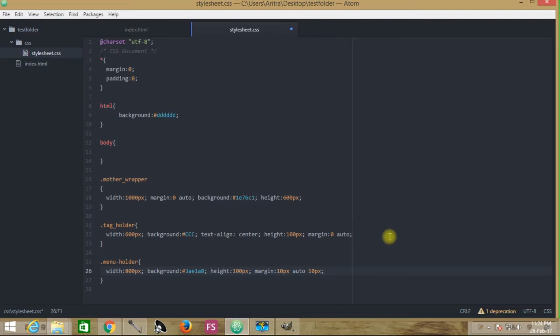That means from the top it is leaving a gap of 10 pixels. Left and right sides are being calculated automatically to fit into the central position, and from the bottom it is taking another margin of 10 pixels. And which one is it? It is the menu holder.